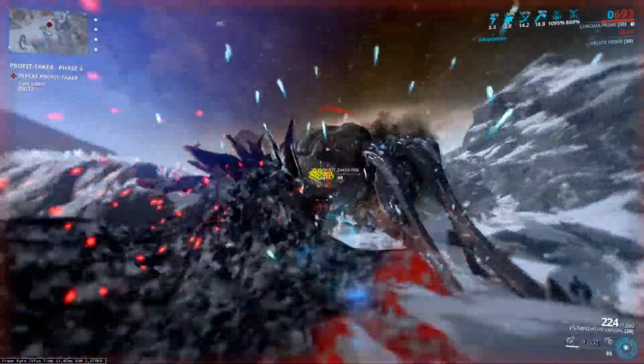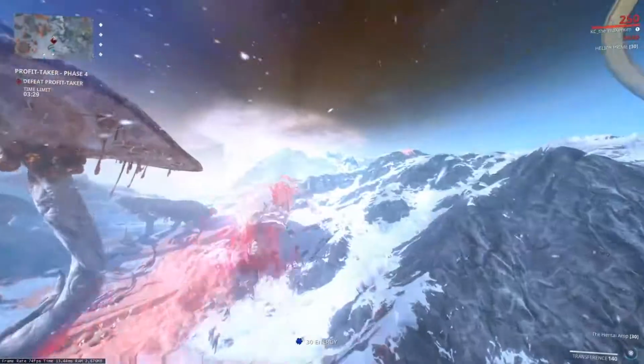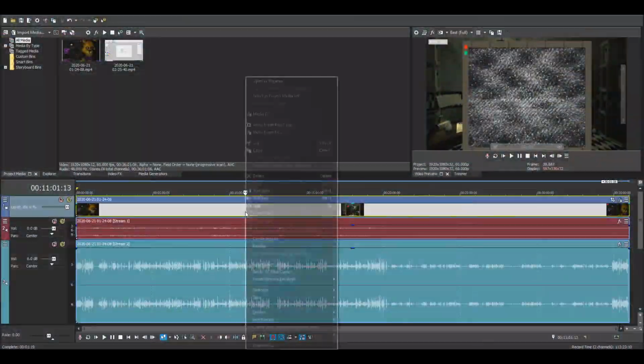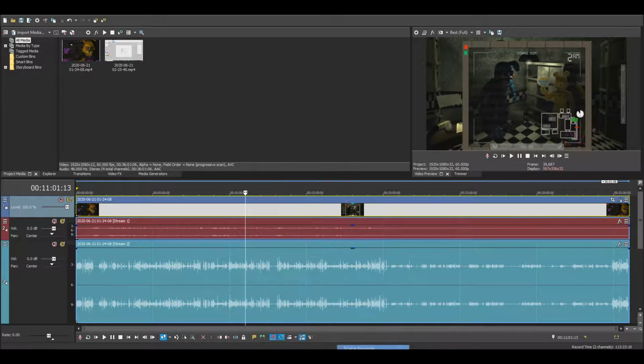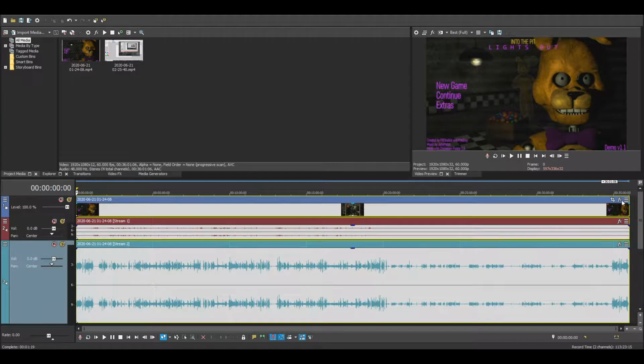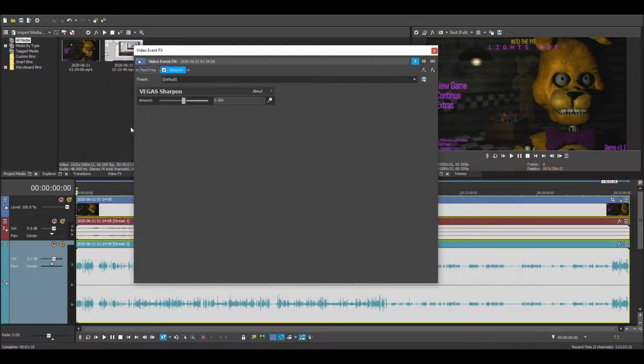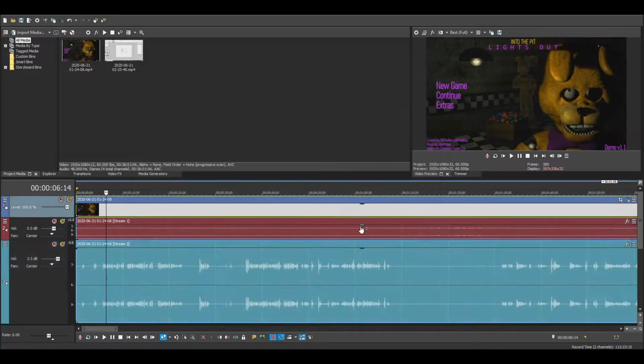Then I drag it into the timeline, and then I wait for the shit to process, and then start editing. Then I right click on the track that has the video itself and go to switches. Then I set it to disable resample, and last but not least, I click on the video effects. Click on Vegas Sharpen and turn that bitch all the way down, and that entire process will have the video